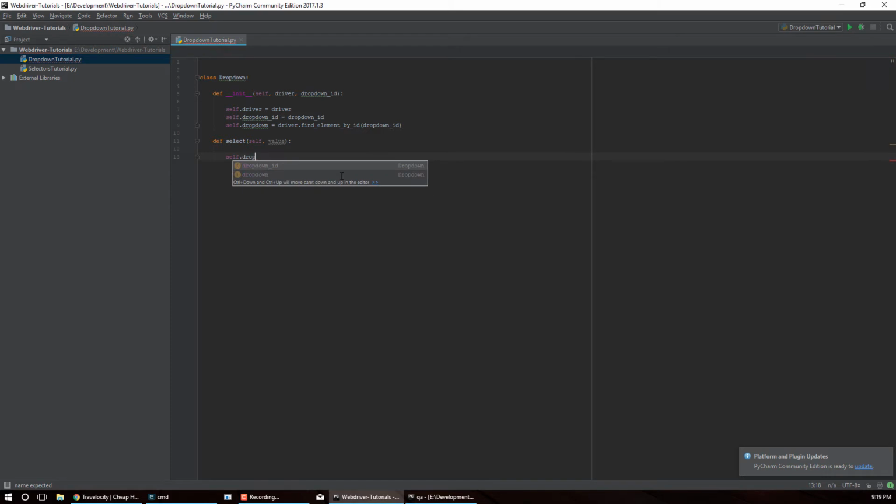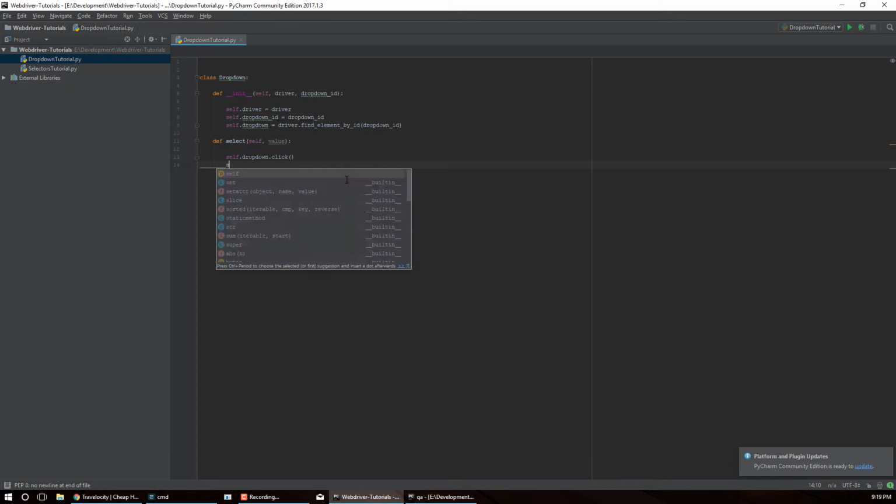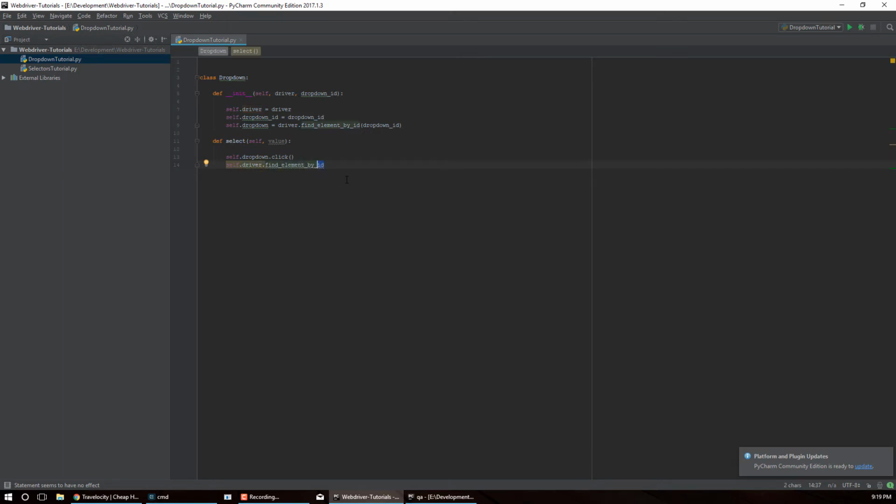So the way we can do it is we can actually reference our dropdown object, and we can say click on that object, right? Because we already found this object, and this object is going to stay the same for this particular dropdown with this particular dropdown ID. So we're going to execute click on it. That's going to open all the values for us, and then we can reference or use our driver to find the element